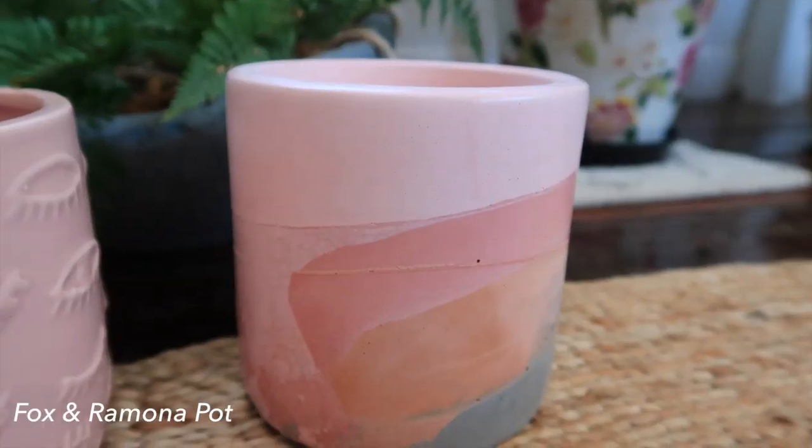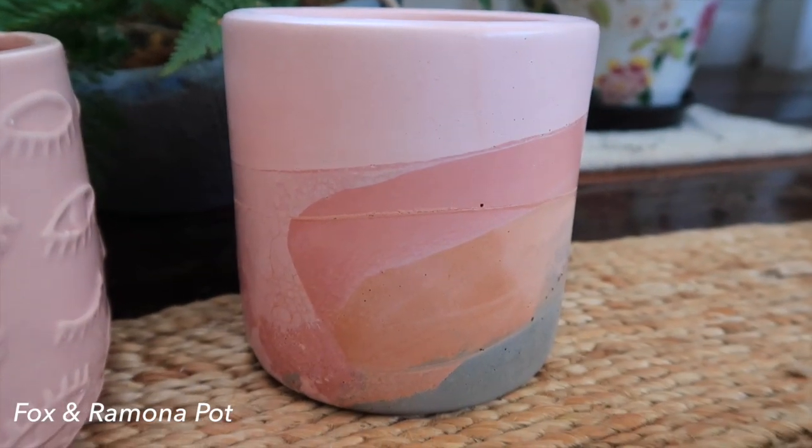It just popped in my mind that I should also show this pot because this is a handmade item that I bought over a month ago now. Obviously I haven't found a plant that deserves this pot yet. Should it be so lucky? This is by a brand called Fox and Ramona. I'm pretty sure she's based in either Sydney or Melbourne,